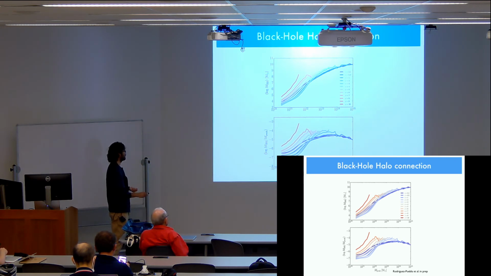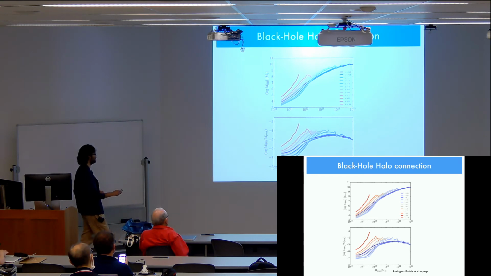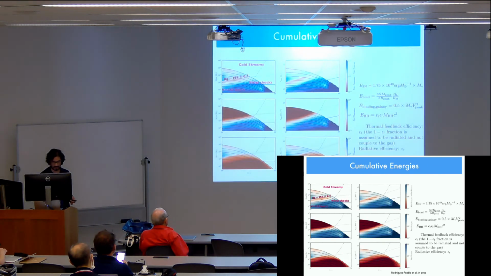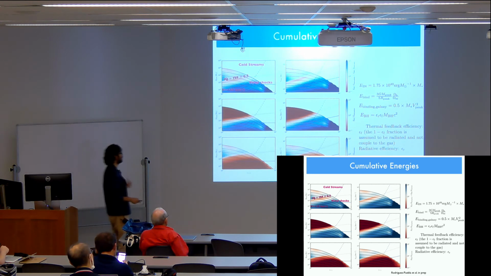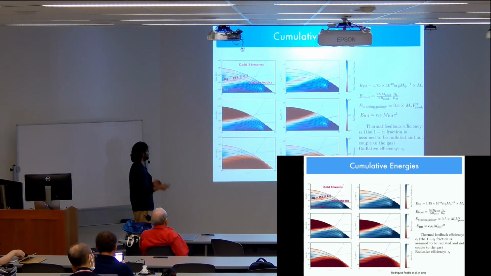So we also have the constraints from redshift 0 to redshift 10. We notice here that we have some predictions of very high mass supermassive black holes at high redshifts as well. And what is very interesting is that if we compute the feedback energies from supernovae and from the black hole accretion,